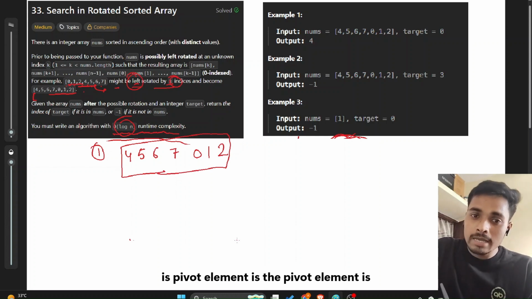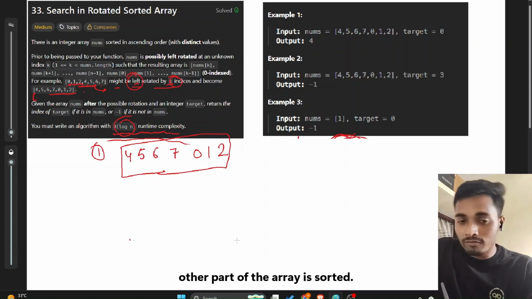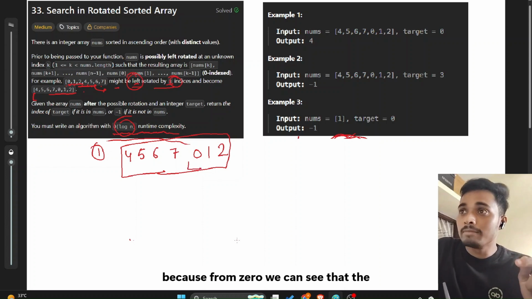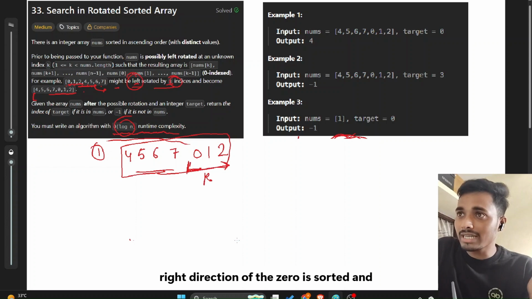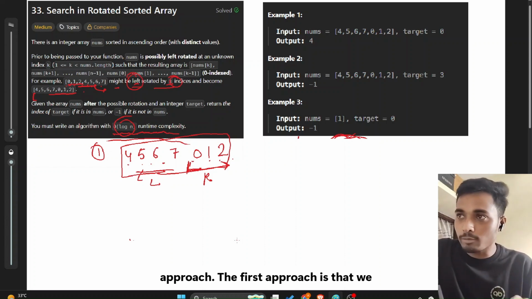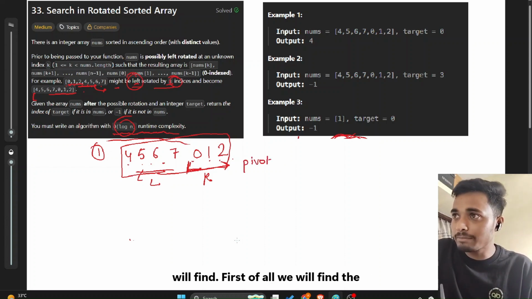What is the pivot element? The pivot element is the particular element from where the other part of the array is sorted. Suppose in here the pivot element is 0, because from 0 we can see that the right direction of the 0 is sorted and the left direction is also sorted, like 4 5 6 7 and 0 1 2 are already sorted. So the first approach is that we will first find the pivot element,